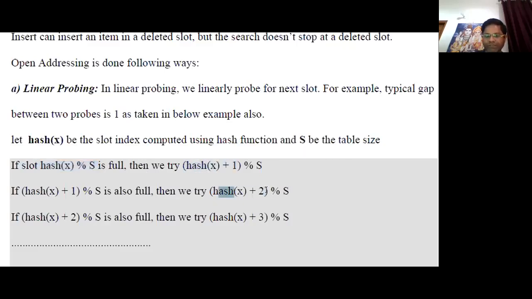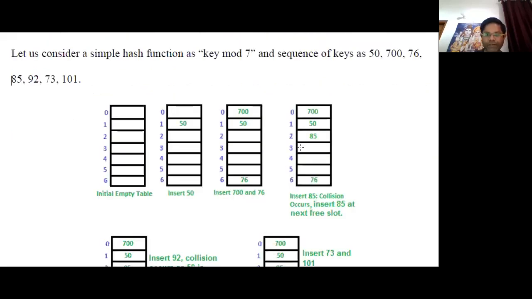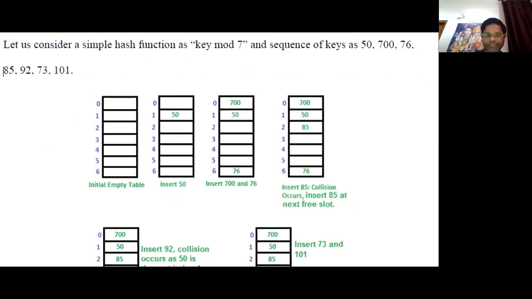Again, if this position is full, then we try the next adjacent position below this, and so on till we find a vacant slot to enter the current key value. So this is the basic of linear probing. Now I will take an example so that you get familiar with the working of linear probing.